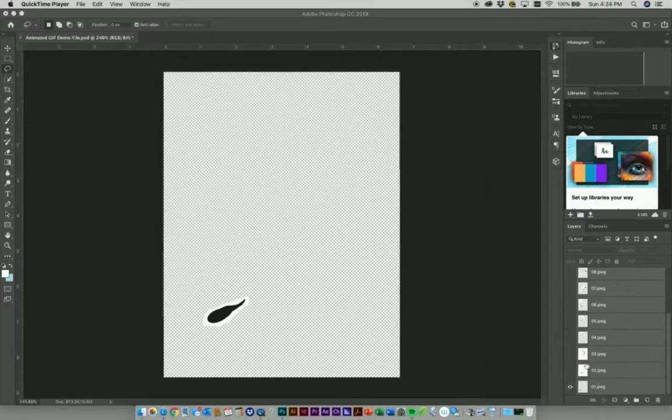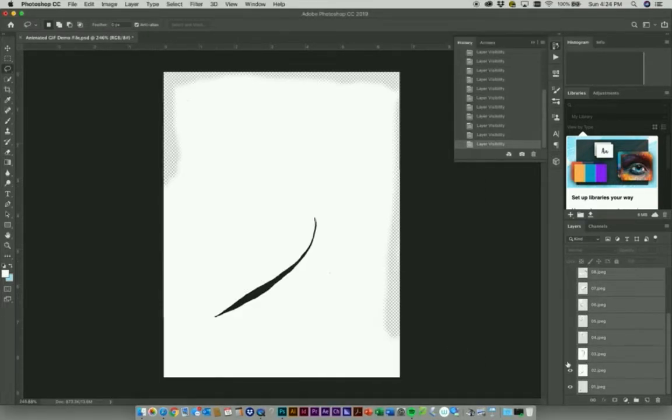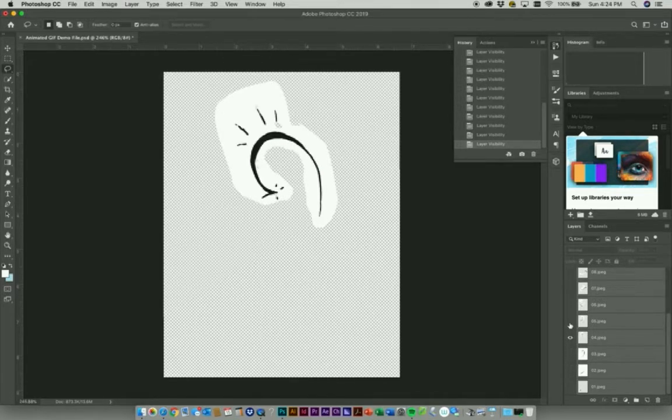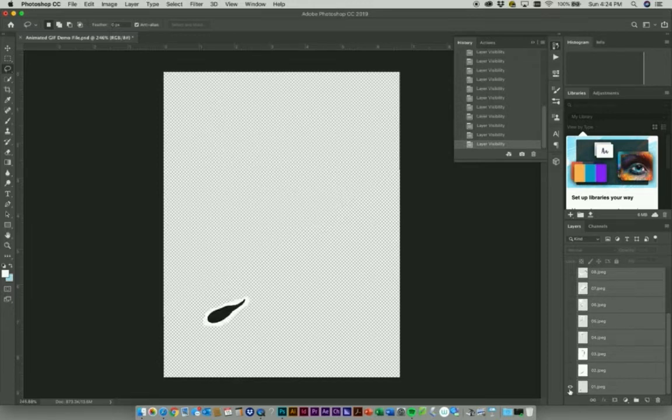Okay, so now that we have gone in and we have changed all of our different files here, all the layers, so we've got them all cleaned up and we deleted all the junk that was extra and we just got it all fixed up. Now we're going to want to go in and do a few more things before we turn this into an animation. So the first thing we're going to want to do is we're going to want to go ahead and just